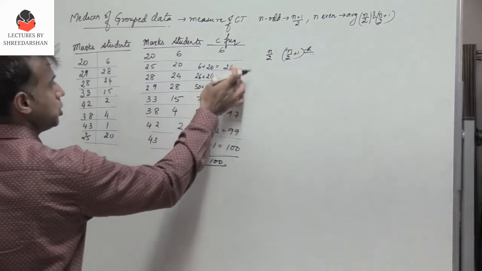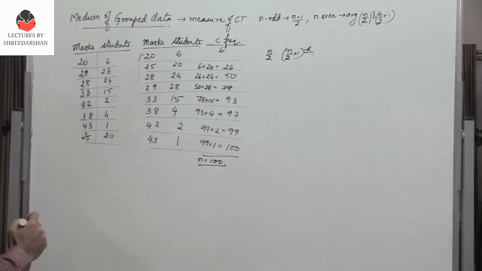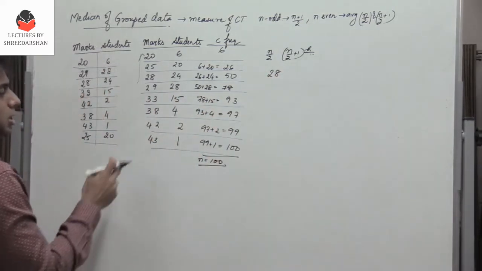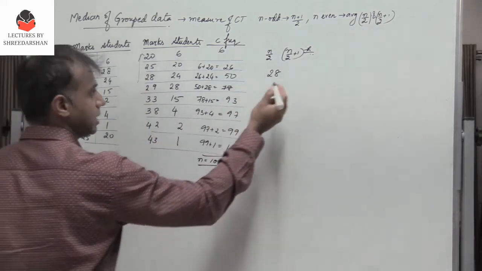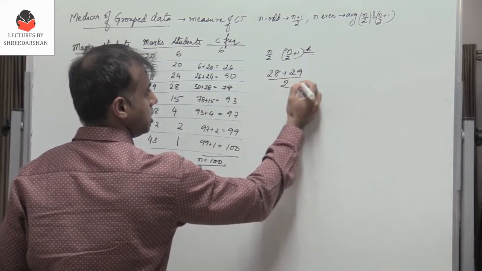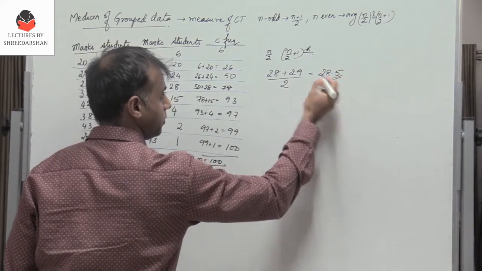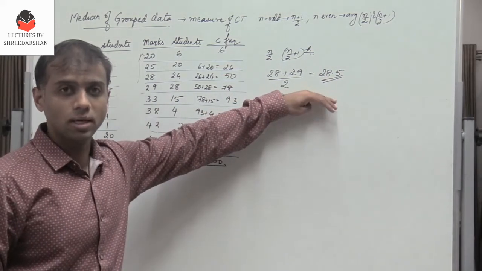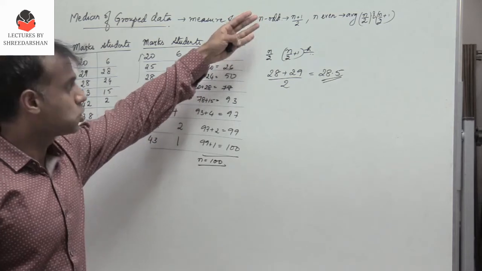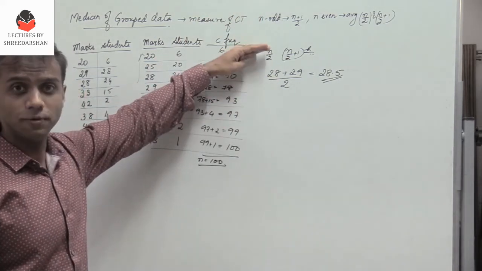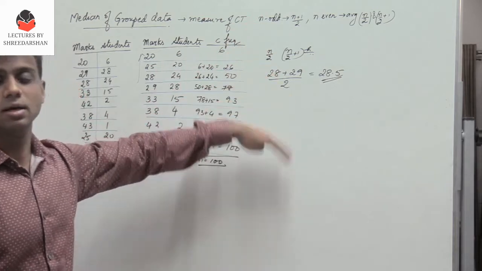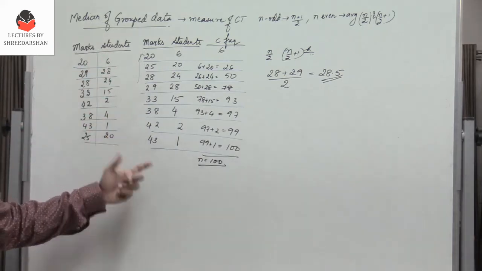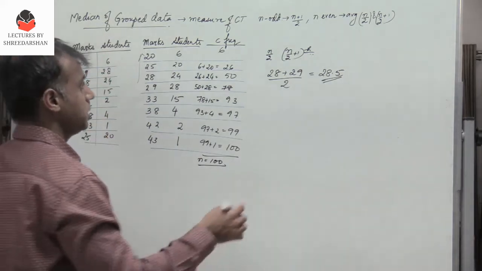So we find that 50 students have scored less than or equal to 28. So definitely the 50th student would have scored 28. So it is 28. And the 51st student would have scored 29. So I need to find the average. So I have 28.5. So the median value is 28.5. Right? So here in this case, we conclude that 50% of students have scored marks less than 28.5 and 50% of students have scored marks greater than 28.5. Right? So in the given distribution there are 100 students, the test is for 50, so this happens to be the median value,